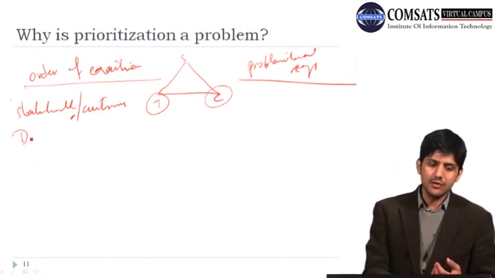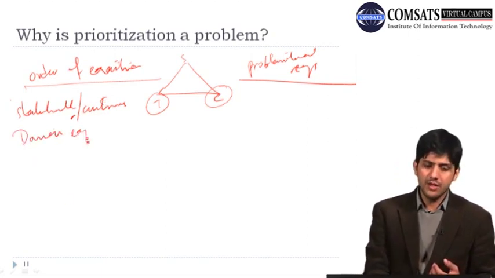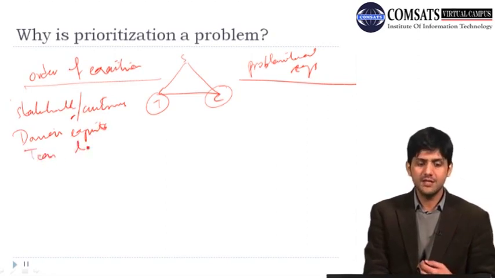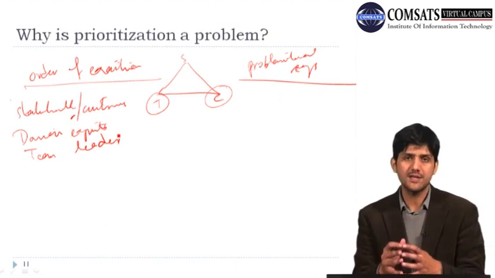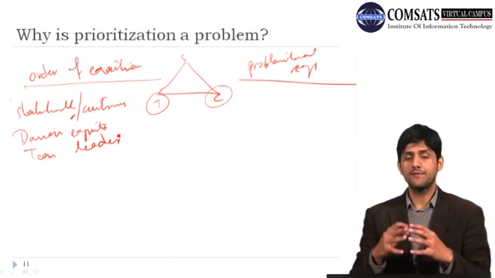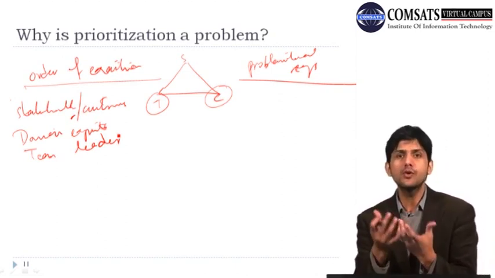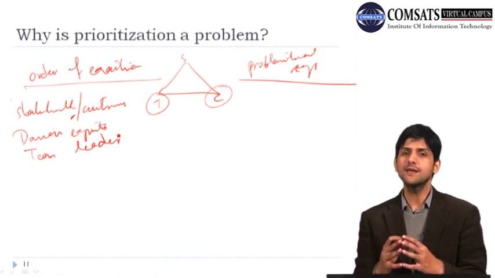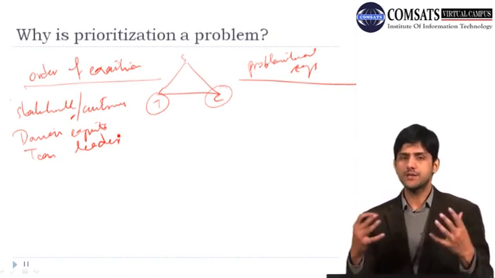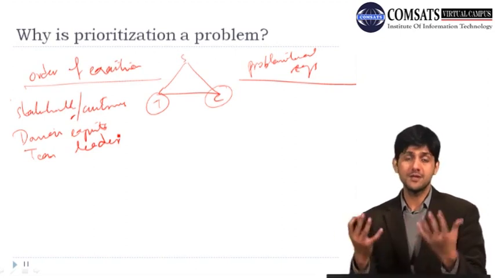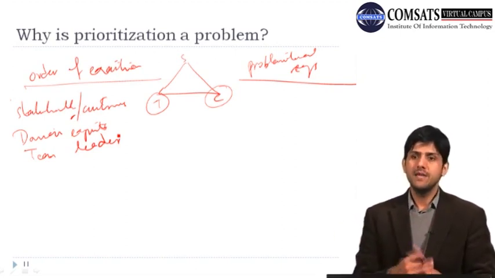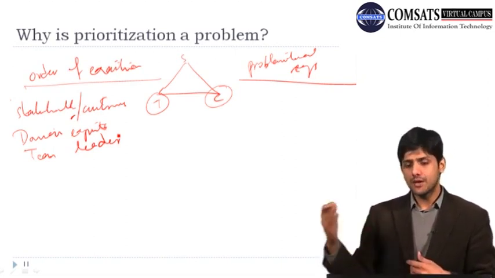So you need certain domain experts, or maybe your team leaders, somebody who is very experienced with these kinds of projects, and he knows what things, if done first, become the core of the product. Imagine we are using an incremental process, let it be Agile, Scrum, or the traditional incremental model. Even if you deliver the product in increments to the client,